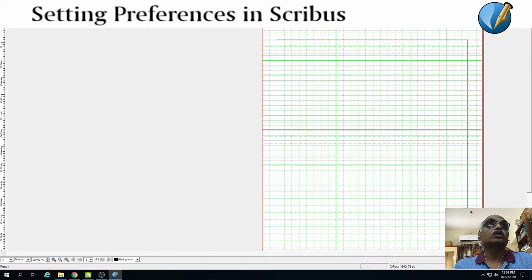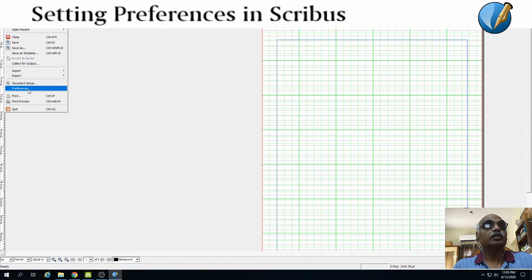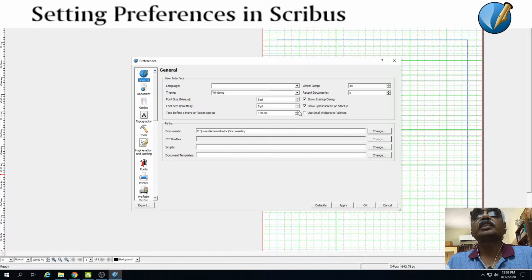So if you don't want to see that dialog box, you can uncheck this show startup dialog box. So this you can uncheck. If you uncheck this, this won't show. And then again, even in the startup box itself, you have the feature of disabling it. You just check the box where it says don't show it again. It won't show it again.